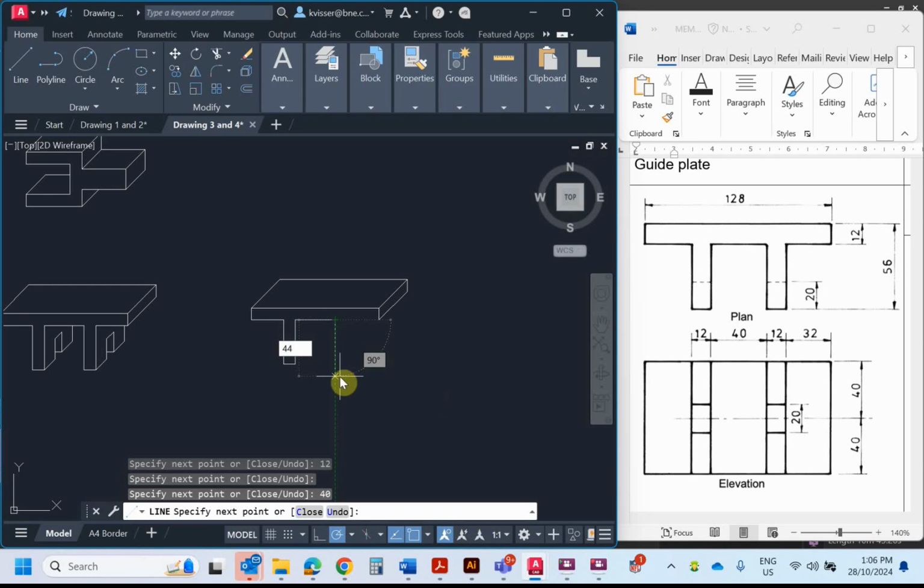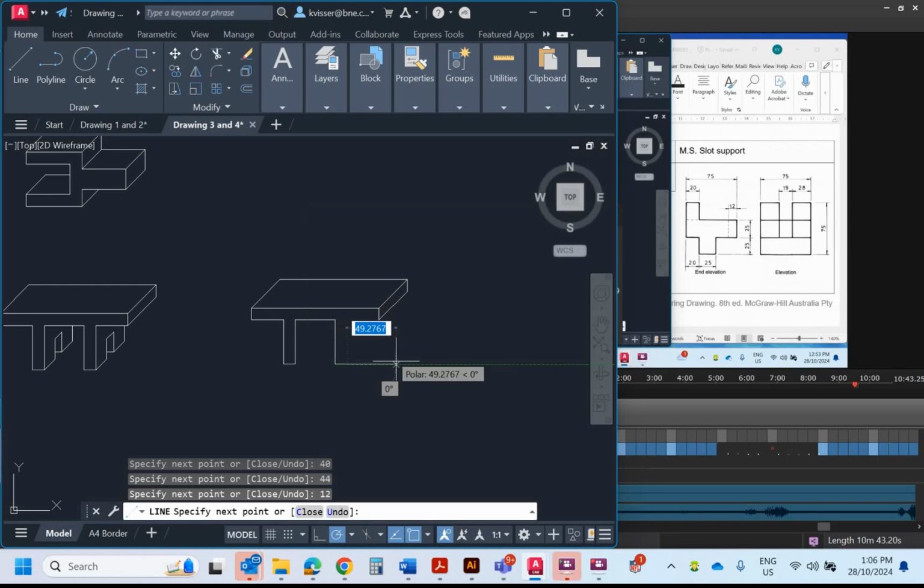And my 44, across 12. So just not clicking, I'm just letting... well, I'm going to click now, but when I'm typing in those numbers, I don't need to click, I just type in the number and press spacebar. Okay, so then,